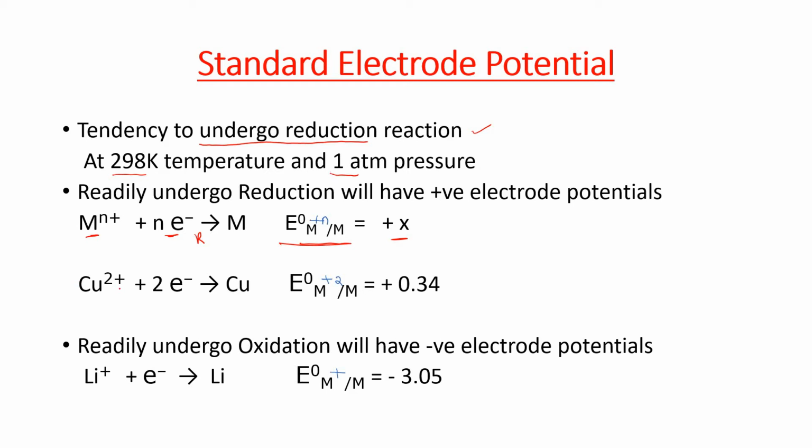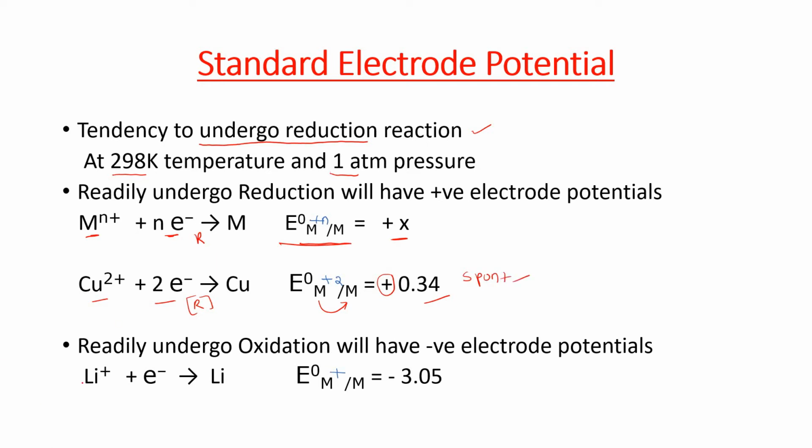I have taken one example, Cu^2+ taking 2 electrons. Which reaction? Reduction reaction. Now which potential are we going to get? Standard electrode potential, M^2+ converting into M. The standard electrode potential's value is how much? Plus 0.34. When you get a plus value here, that is spontaneous. They take place readily. Spontaneous they are actually.